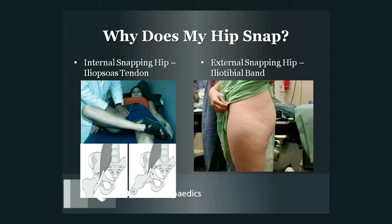So there's two different types of hip snapping. There's this internal snapping hip and this external. So the internal is from the iliopsoas tendon. This is this tendon that flexes, allows you to flex your hip. Comes along the spine over the front of the hip and inserts really just right there on the proximal femur, and it will rub and snap over the hip joint basically, and it sounds like a really clunky, loud thunk sound. We say this is the type of snapping you can hear,